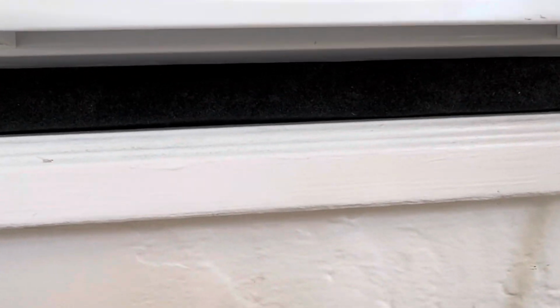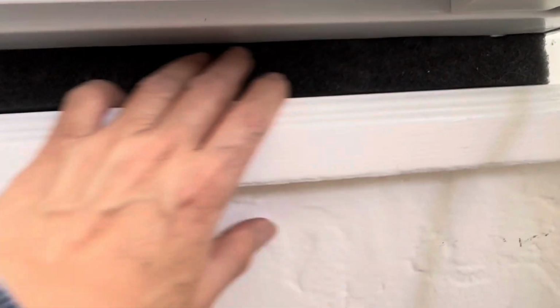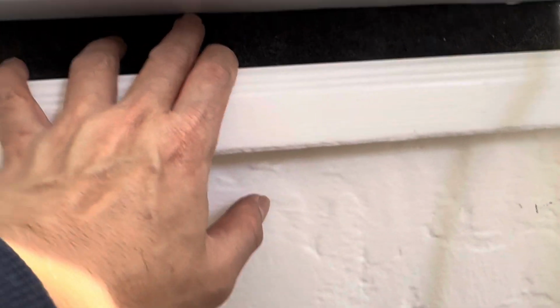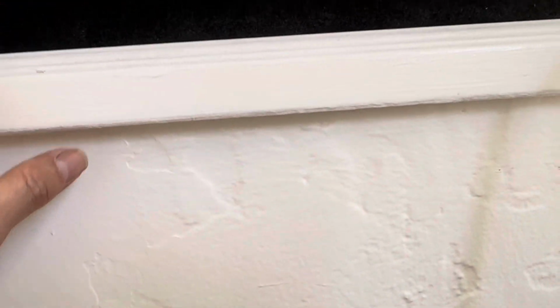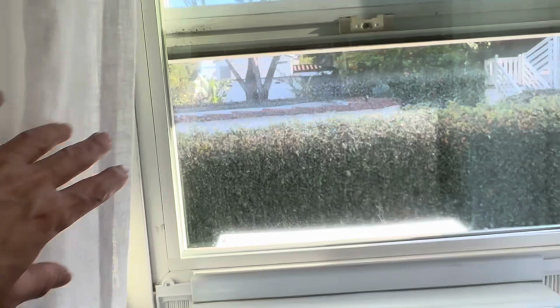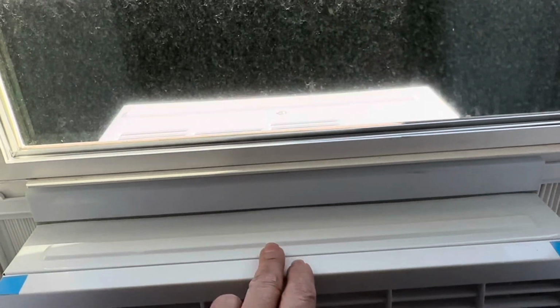Same thing here. All right, now on the bottom here there's a space, so we put a little piece of insulation here, to make sure there's no space where hot air can come in, somewhat. We can probably do better. Now we close the window, right? And also we make sure that the angle